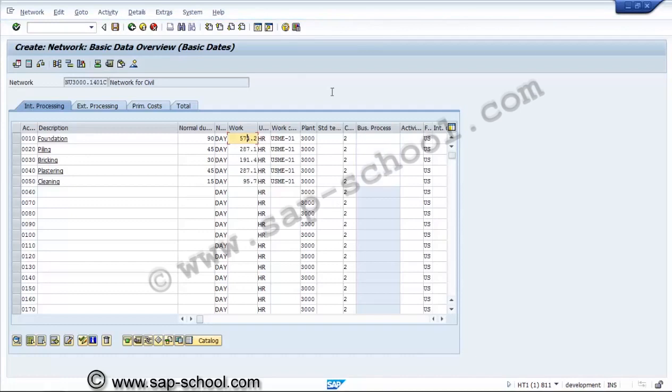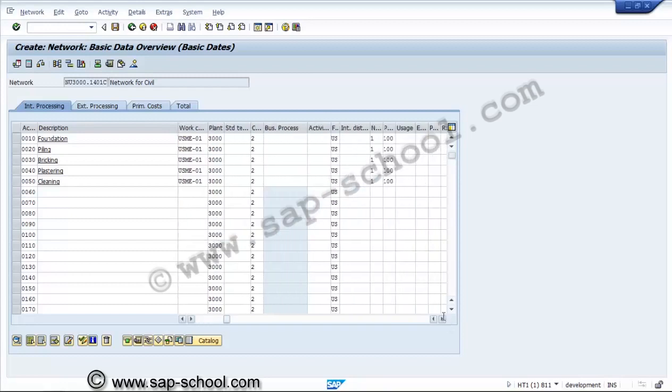Now this work has been automatically calculated based upon the number, considering the resource as 1. If required, we can change these resources, how many resources we are going to use.